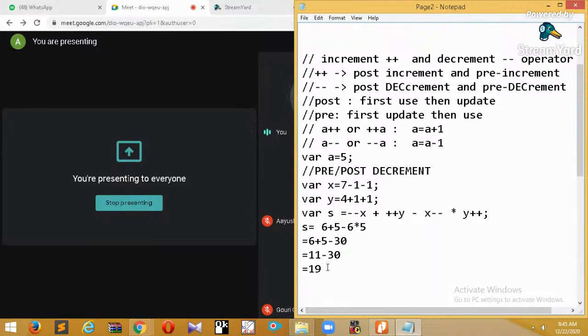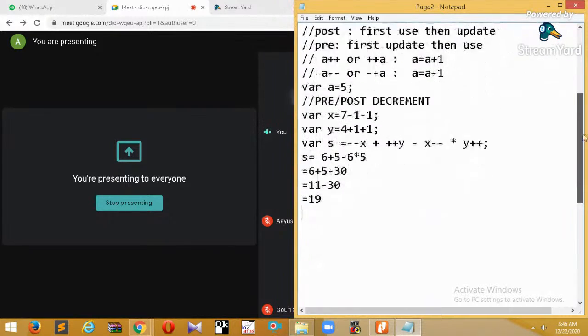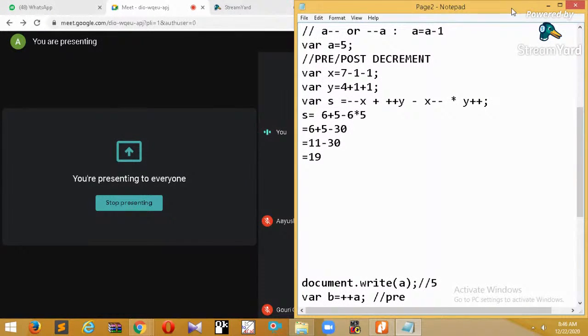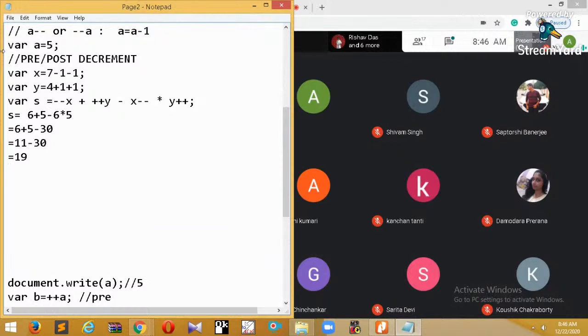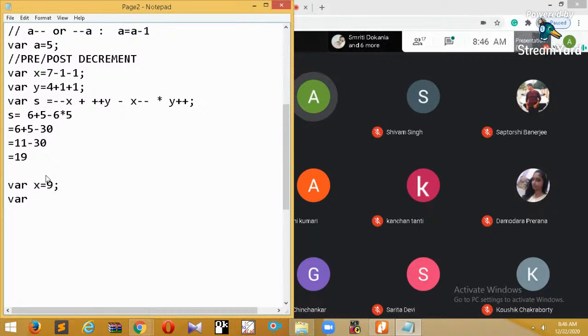Let me take another example for better understanding purpose. And I need the answer from all of you. Whatever equation I'm writing here, you should write in your copy, and then you tell me the final result. So all of you write with me. Where x equal to, suppose I'm taking here 9 semicolon, and the variable y equal to,